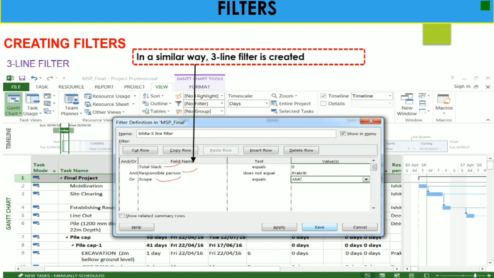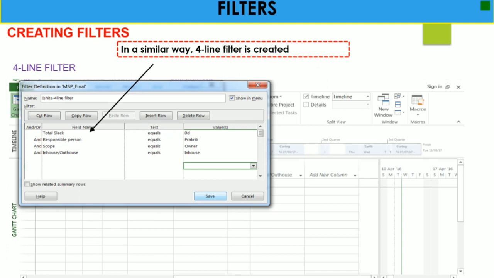So Total Slack equals 0, Responsible Person does not equal Prakriti, and or Scope equals AMC. Here you can use the And and Or formulas also. Based on your filter requirement, you can add or remove these filters as needed.